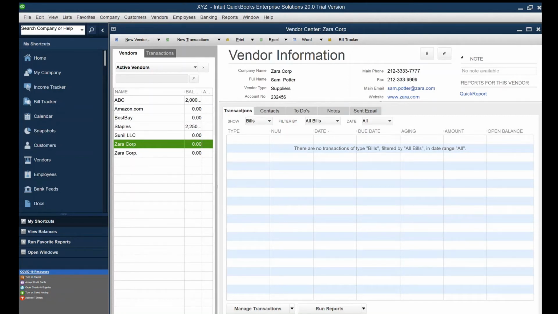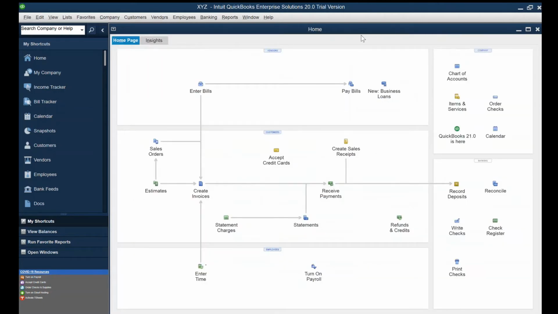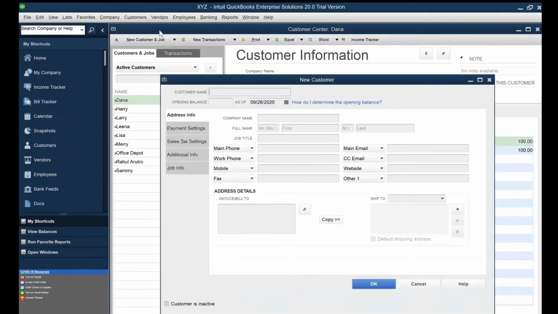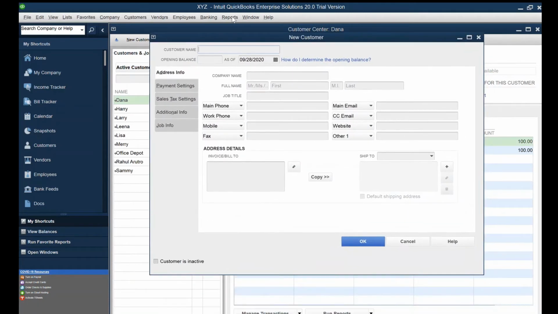So now I'll be showing you how to enter customers. So to enter a customer, we'll go to customers, customer center. Again, similar to vendors, we're gonna click new customer 2 times. Here the difference is, instead of vendor it is customer. So we'll put Lara Smith, company name Lara Smith,